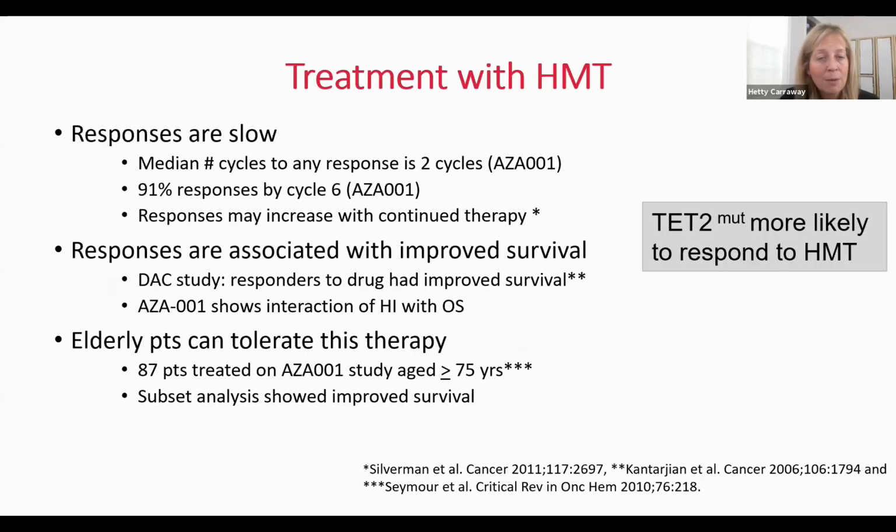So in general, we have to make sure to remind people responses are slow. They're often associated with improved survival, particularly for patients that are responding to therapy. And moreover, even in my patients that are octogenarians and above, they are able to tolerate this therapy. And some of the data that was shown earlier really demonstrates this. Looking at least 87 patients, we can see that they were over the age of 75, and they too equally benefited from an improvement in overall survival with